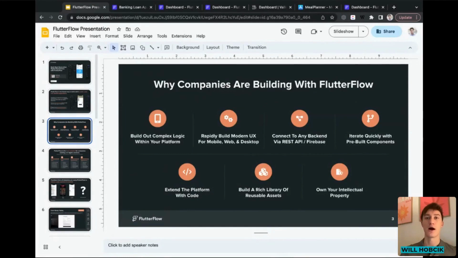Lastly, you're going to own your own IP, right? Everything you build in FlutterFlow, you can export at any point. There's no vendor lock-in, which is essential because no enterprise business is going to build their business critical application using other platforms because they have to rely on them. Where in this case, if they build it with FlutterFlow, at any point they can leave, right? And all of their business logic, backend systems goes with it. So that's the power of FlutterFlow.